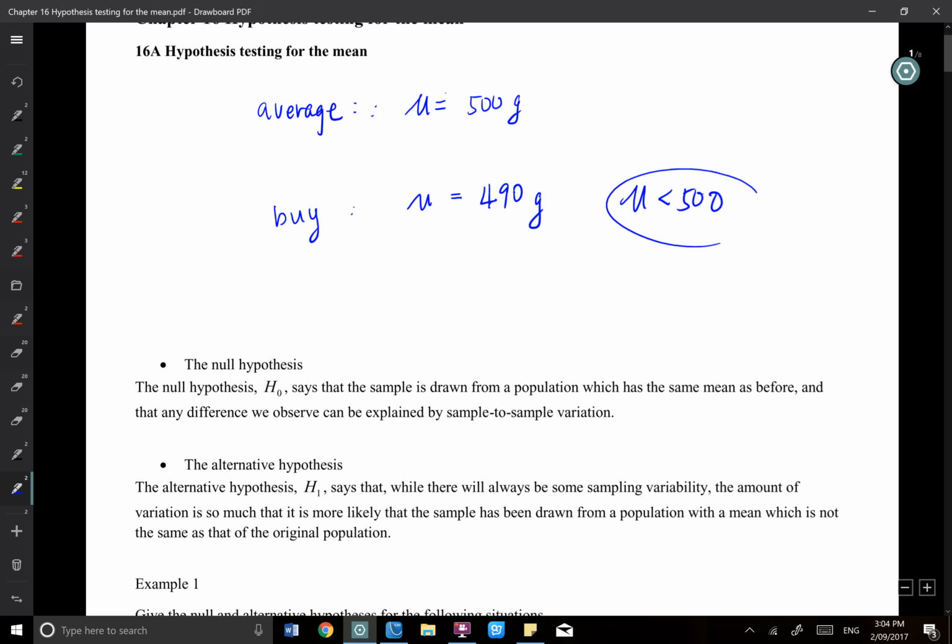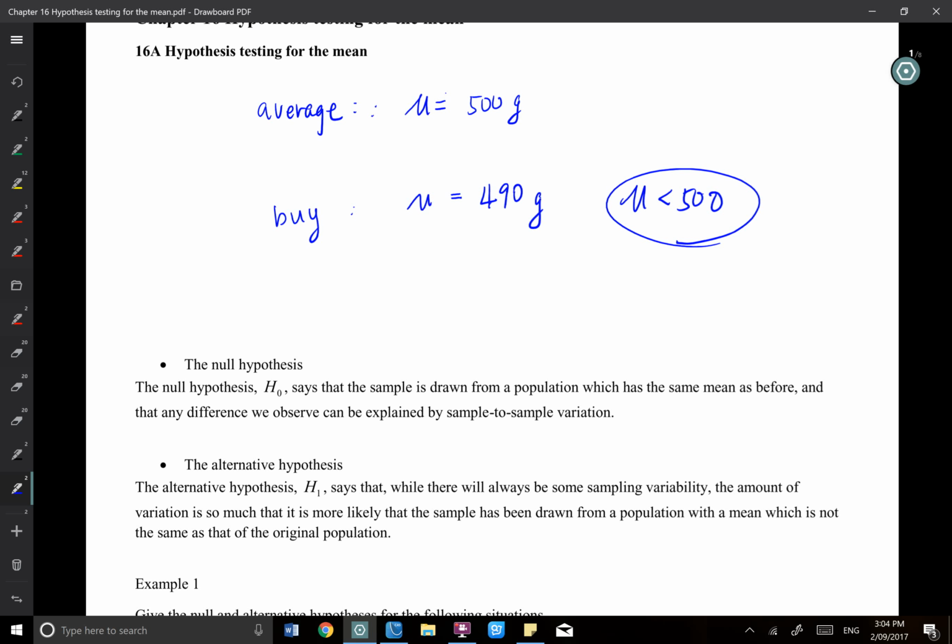But is that really true? Say you have one observation and you find it's 480, or according to your sample, let's say I buy 10 candies. Well, let's say not one. If that worries you, I'm not saying one. I buy 10 bags, and then average them. I find it's 490 on average. I say, okay, the mu is no longer 500. I say it's less than 500.